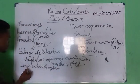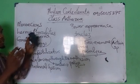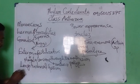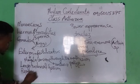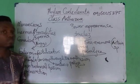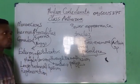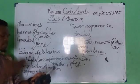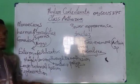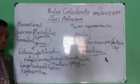Please take note. Longitudinal fission is a type of asexual reproduction that Actinia species undergo. They also undergo regeneration. They have regenerating ability, just as the sponges and the echinoderms. These organisms can undergo regeneration, such that when a part of their body is cut off, it can regrow. That is regeneration of lost parts. Apart from this, they also undergo